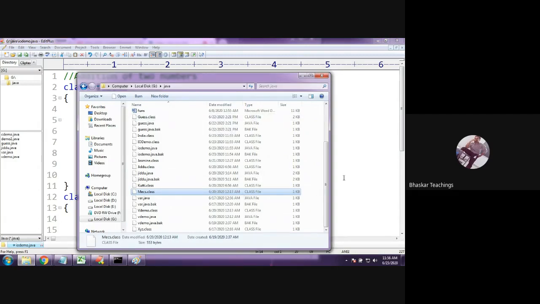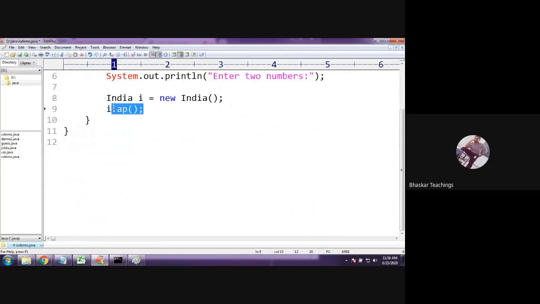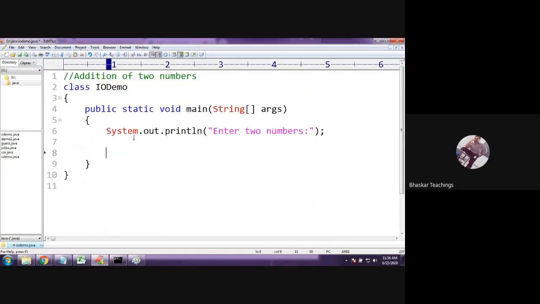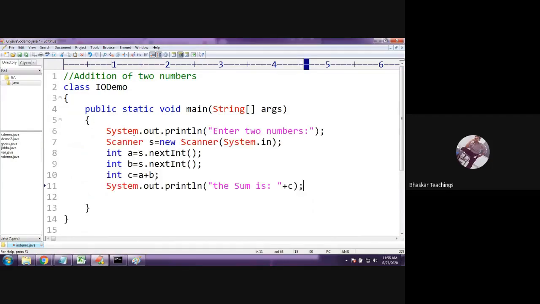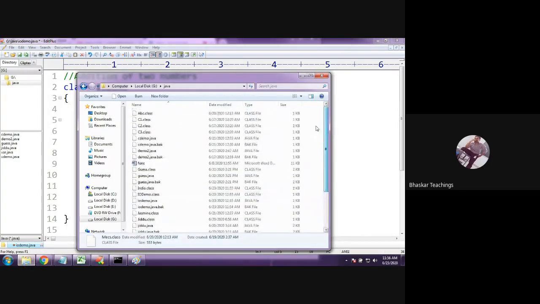Okay, but now come back to our actual program. Here we are creating an object of a class called Scanner. But do we have any class called Scanner here? No, right? We do not have any class called Scanner here.